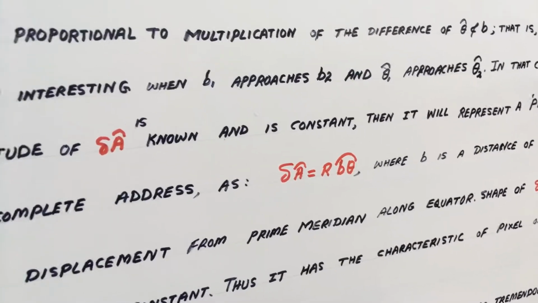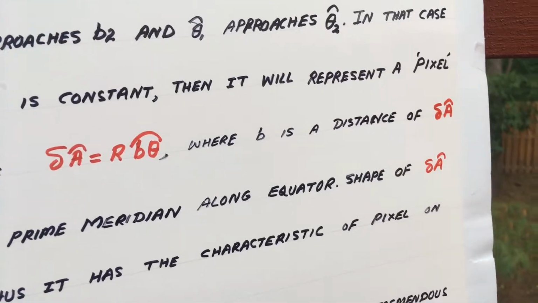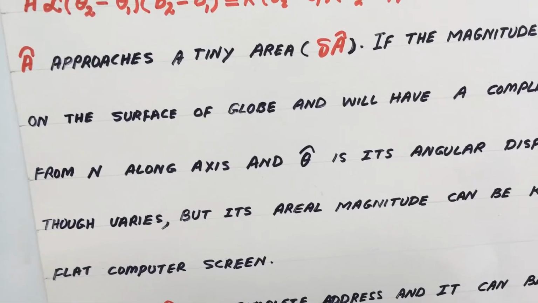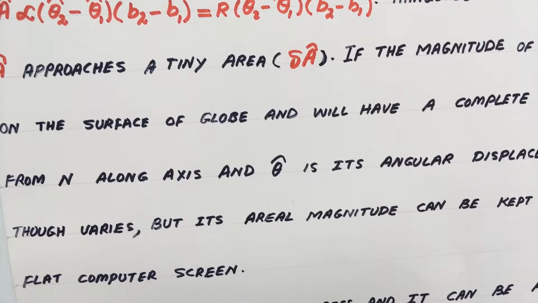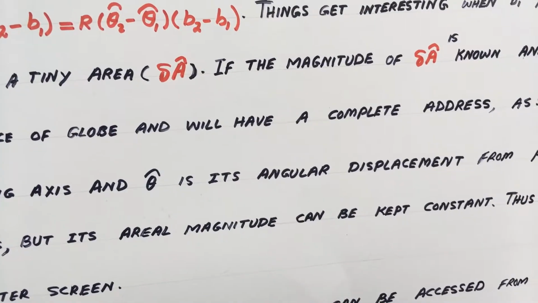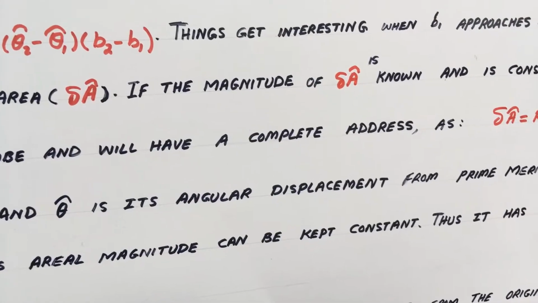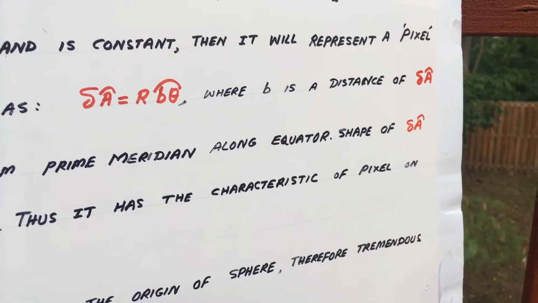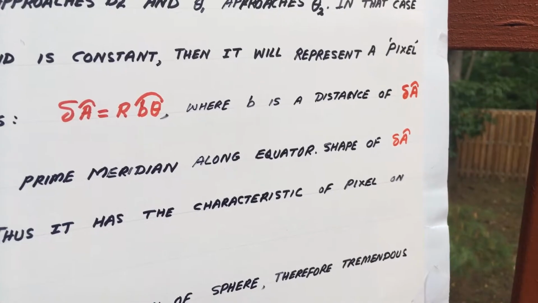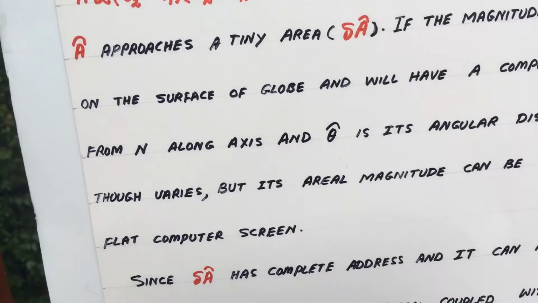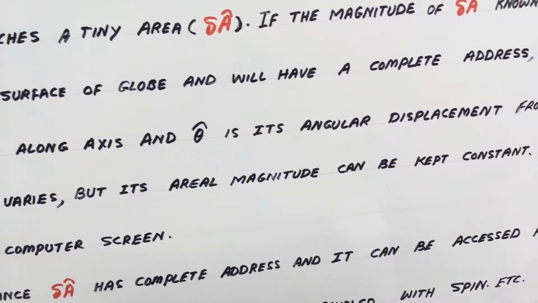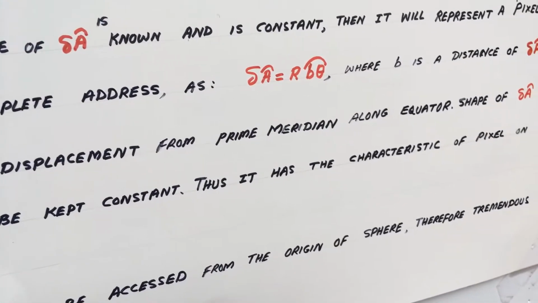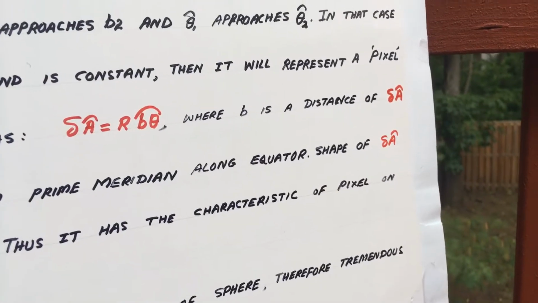That's my representation for this, where b is the distance of delta Â from the north pole along the x-axis, and θ̂ is its angular displacement from the prime meridian along the equator. The shape of delta Â though varies, but its areal magnitude can be kept constant. Thus, it has the characteristic of a pixel